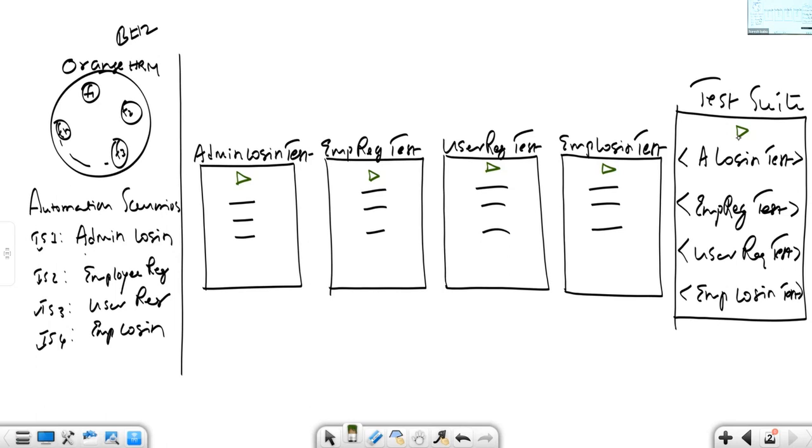So what is the advantage of this framework? Why are we building this framework? Whenever a modified build is given for testing,